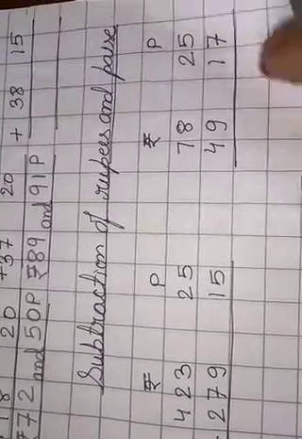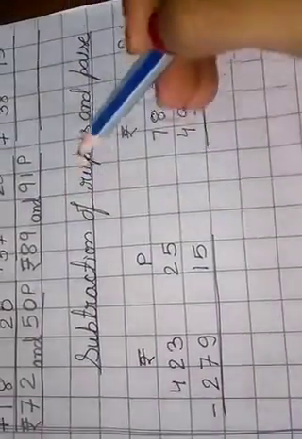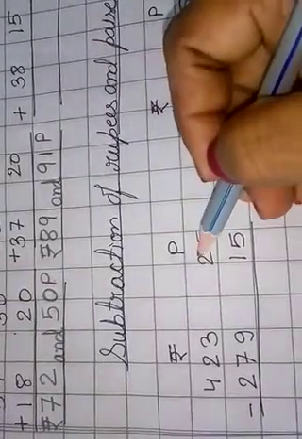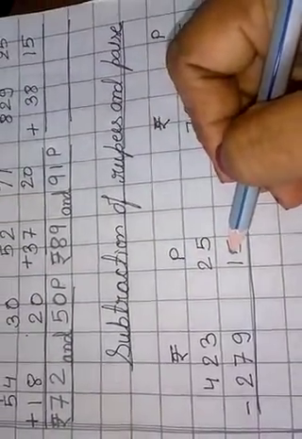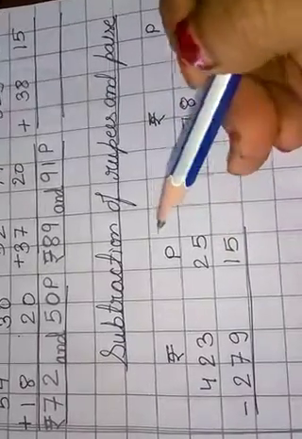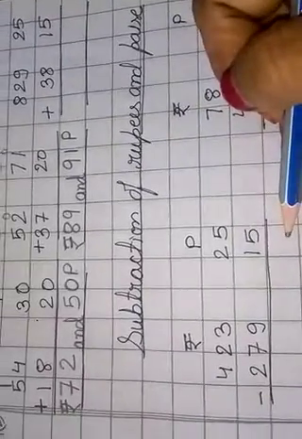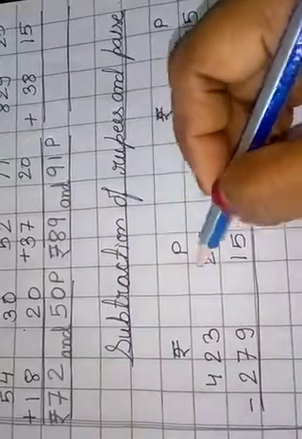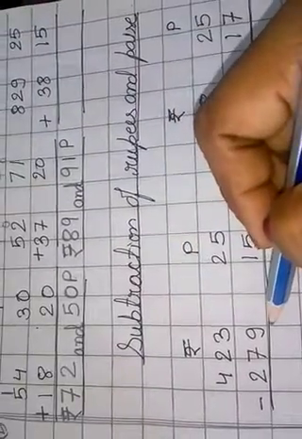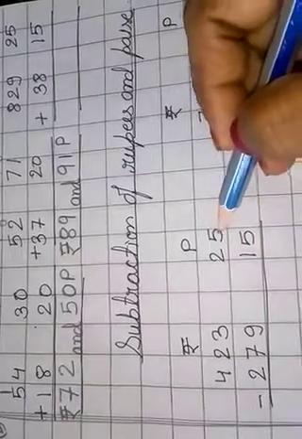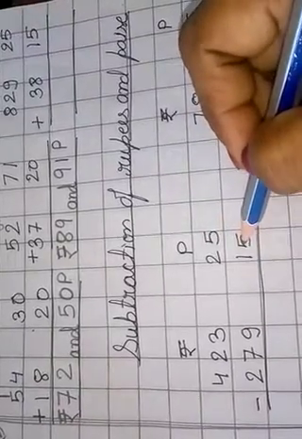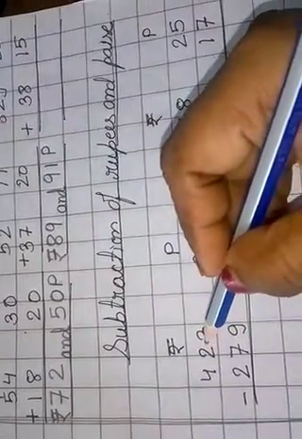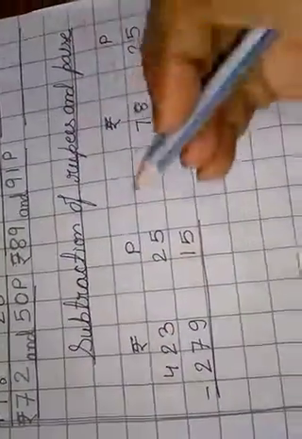Yes, children, in this video we will learn subtraction of rupees and paise. This subtraction and addition are the same as the subtraction and addition of numbers, but here the only difference is that we write the paise column and the rupees column separately, and we always write paise below paise and rupees below rupees. So as usual,